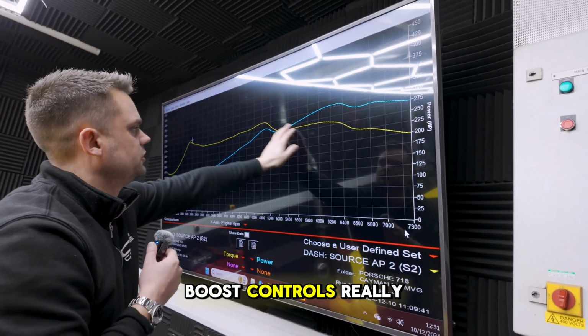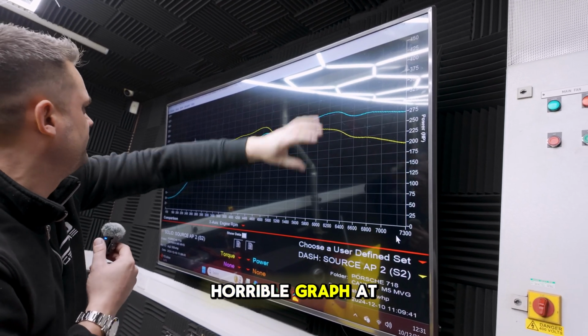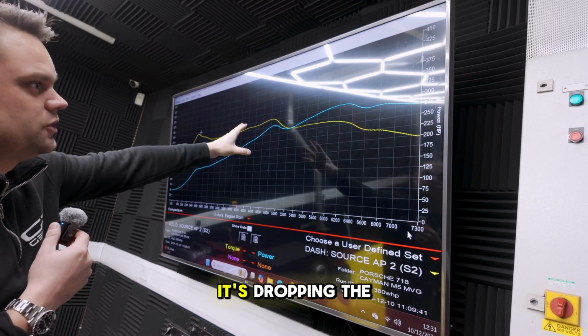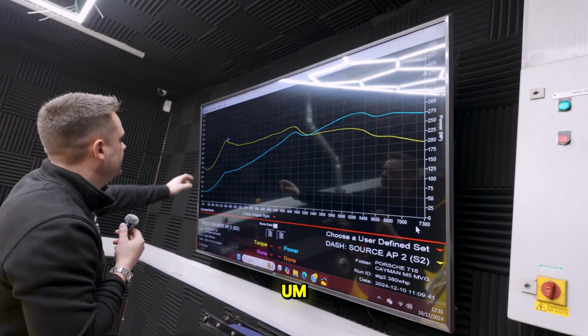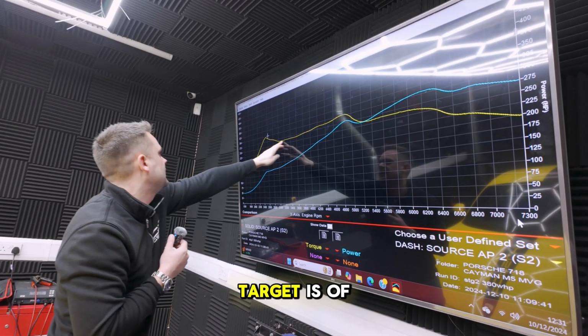Because the boost control's really poor, that's why you've got this sort of really wavy, horrible graph at the top here. I'm surprised more people don't notice this on the road. It's dropping the best part of 25 wheel horsepower and 25 foot-pounds of torque, which is enough for you to feel it, really. There's a slight overshoot here,